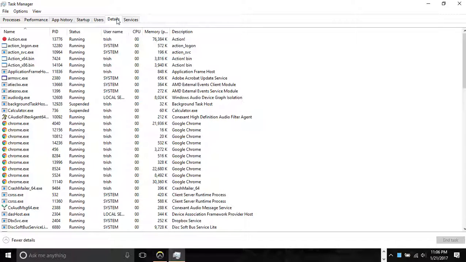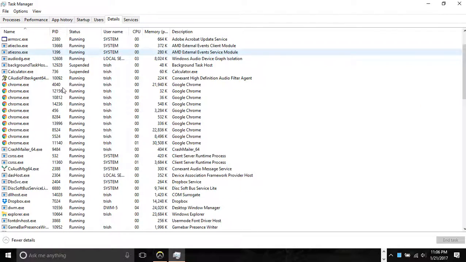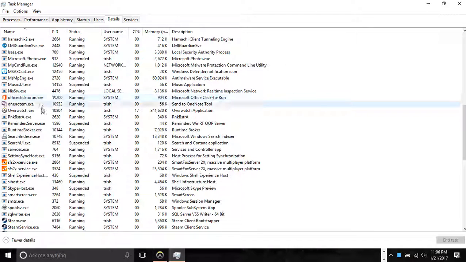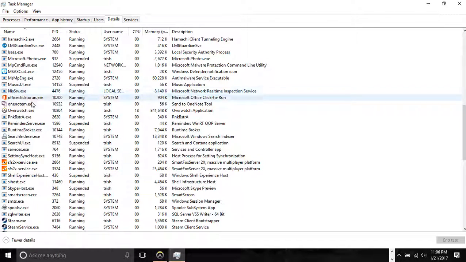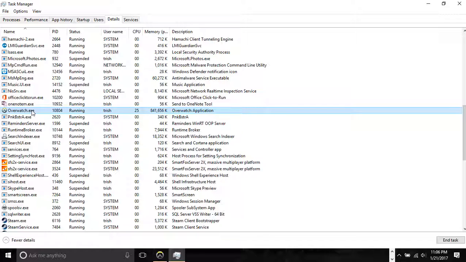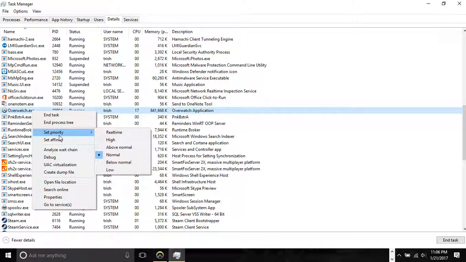It's going to open up, and you want to scroll down until you find Overwatch. It should be in alphabetical order. If it's not, click this Name sub-tab, ribbon, I think they call it. Click it, and it'll put it in alphabetical order. But for me, it's already in alphabetical order. Go down to Overwatch, right-click it, set priority right here,